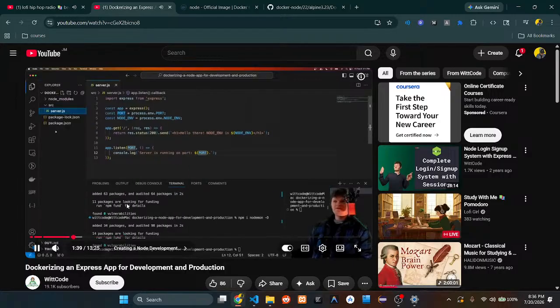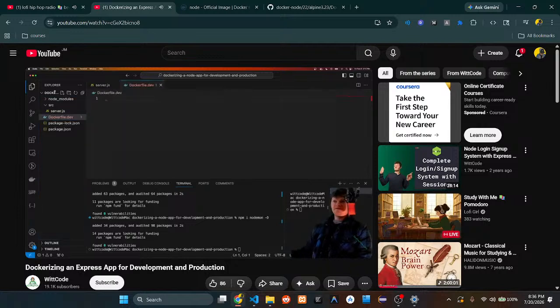And the way we're going to do this is we're going to create a file called Dockerfile.dev, which will build our node image for development. And so if you don't know, a Dockerfile is simply a text file that Docker